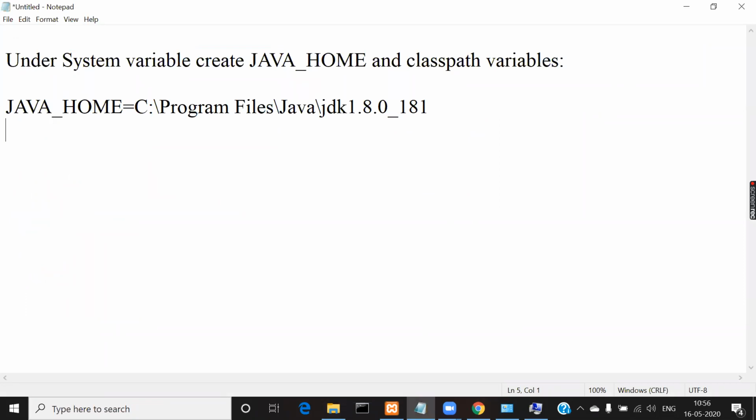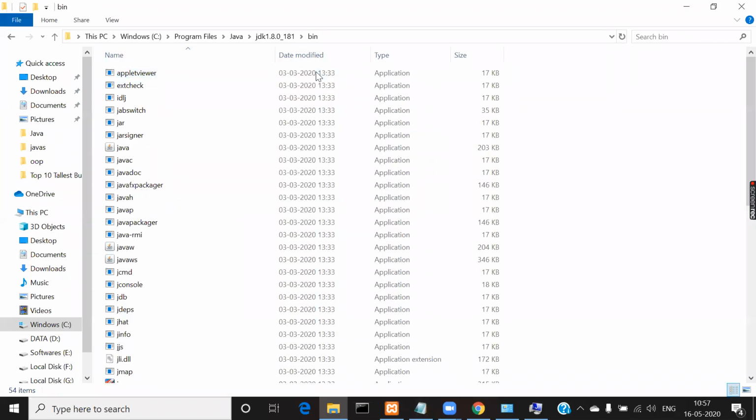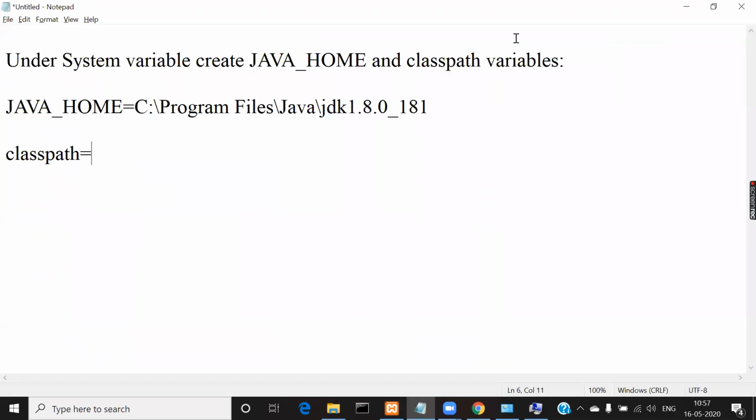Then coming to the classpath, the classpath must be given up to bin. You will be able to create multiple values for this classpath variable. For any variable, you can create multiple values.